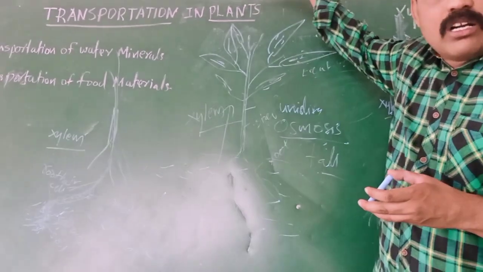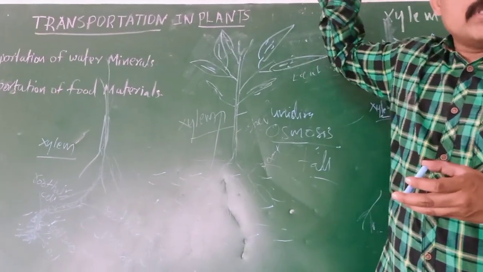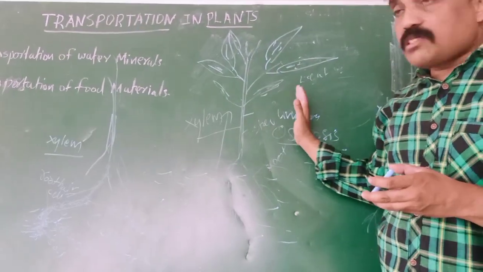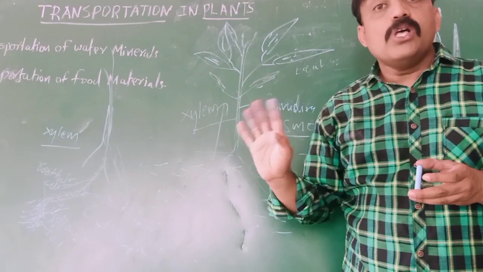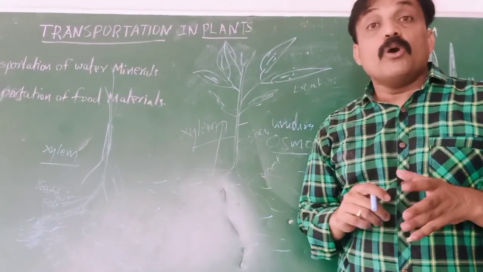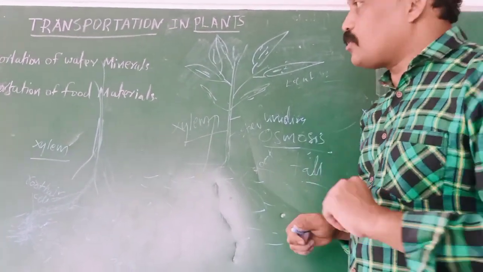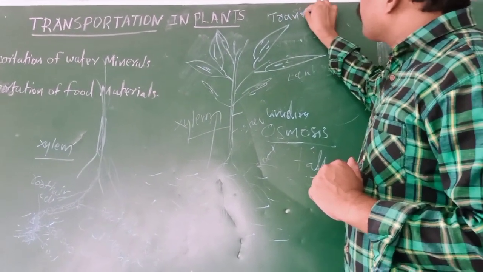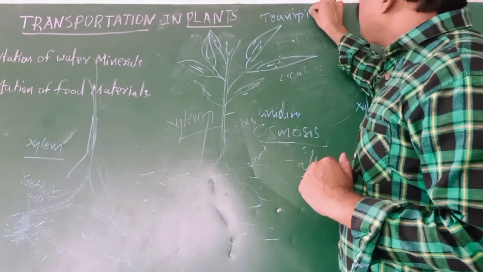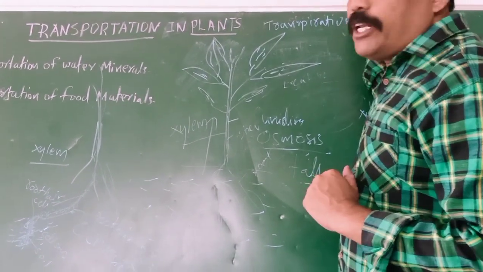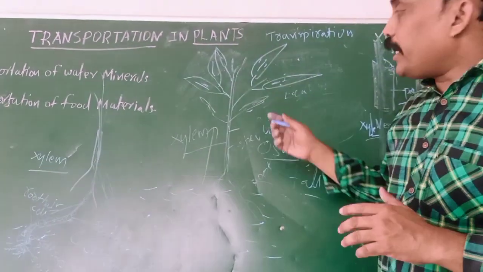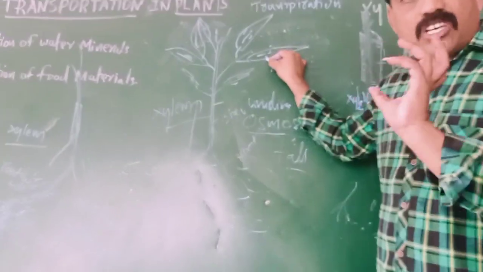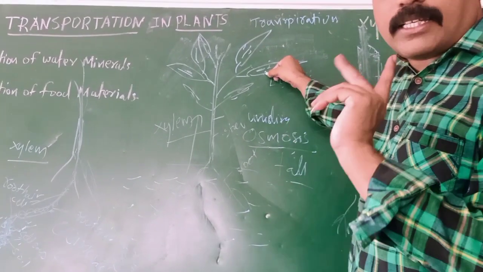Some plants are more than 100 meters, like eucalyptus; some types of plants are very tall. In those plants, osmotic pressure is not sufficient to supply the water throughout the plant body. What do they require? One more process is going on. That process we call transpiration. What is the meaning of transpiration? In a leaf, in the lower part of the leaf, stomata are located. Generally, we know stomata are useful for exchange of gases, carbon dioxide and oxygen.